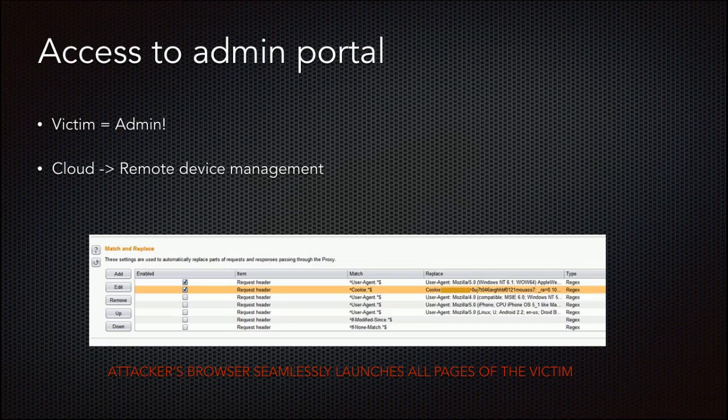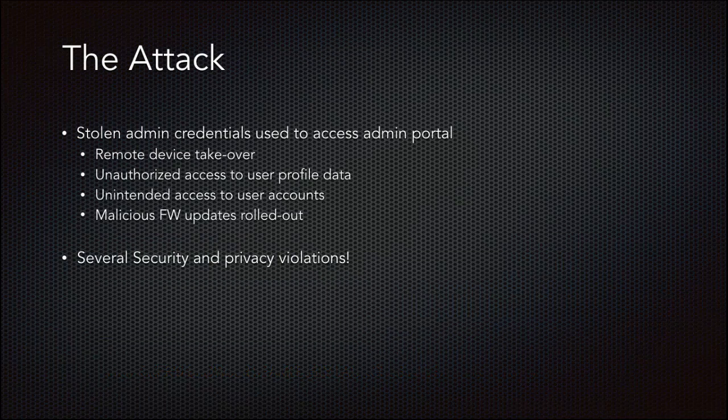So what happens here is, since the cloud supports remote device management, the stolen admin credentials could be used to actually lock down all the devices in the field. So anybody who owns this data, or the wearable, can be completely logged out of their wearable. And also, the stolen credentials could be used to initiate a complete remote wipe of all the wearables in the field. Now, that's a lot of unauthorized access to user data, a lot of PII data, and also unintended access